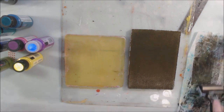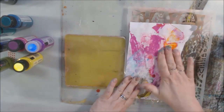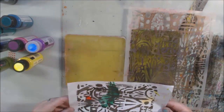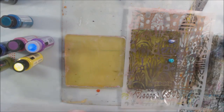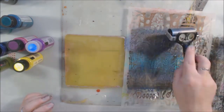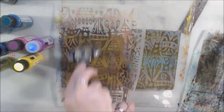They were sitting next to me on the shelf on this little piece of acrylic already, my 12 by 12 acrylic. And these are, I think, 6 by 6 and 5 by 7. And I figured I would play with the gel plate. I really enjoy doing gel plate printing,